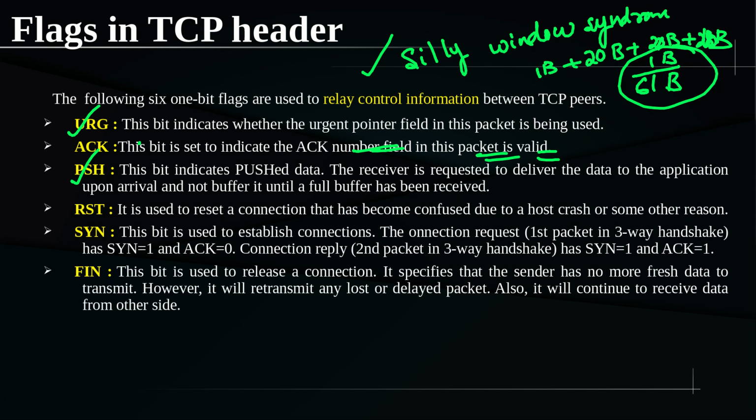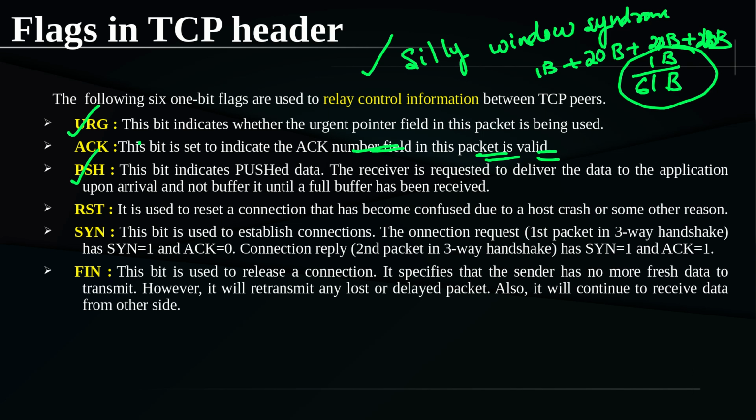A receiver also may be trying to optimize things. So when a receiver is getting say a few bytes of data, it may be waiting for some more data, and it may try to deliver them together to the application. But the requirement is different, because our application is some instant messaging kind of application. We don't want it, right? So from the application layer, it will communicate to the transport layer about its need, like I am an instant messaging application, I don't want you to wait for a complete segment. As soon as I am giving you something, you please deliver it to the receiver.